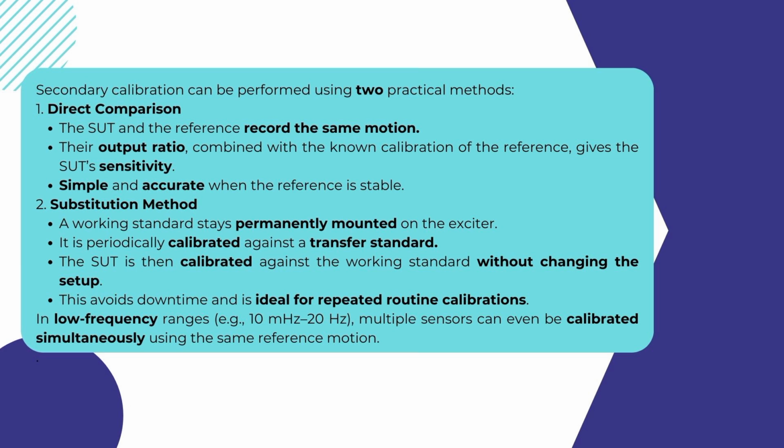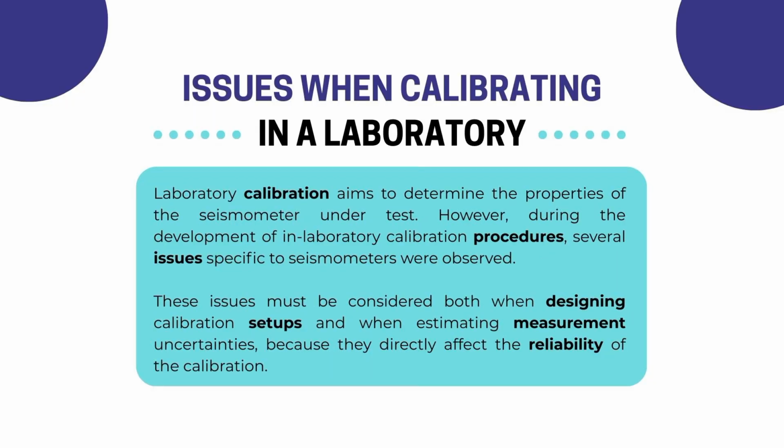In low frequency range, such as 10 microhertz to 20 Hz, multiple sensors can even be calibrated simultaneously using the same reference motions. Next is issues when calibrating in a laboratory. Laboratory calibration aims to determine the properties of the seismometer under test. However, during the development of in-laboratory calibration procedures, several issues specific to seismometers were observed. These issues must be considered both when designing calibration setups and when estimating measurement uncertainties, because they directly affect the